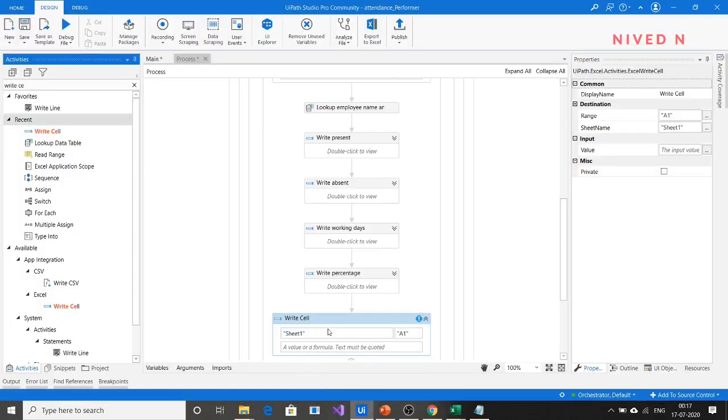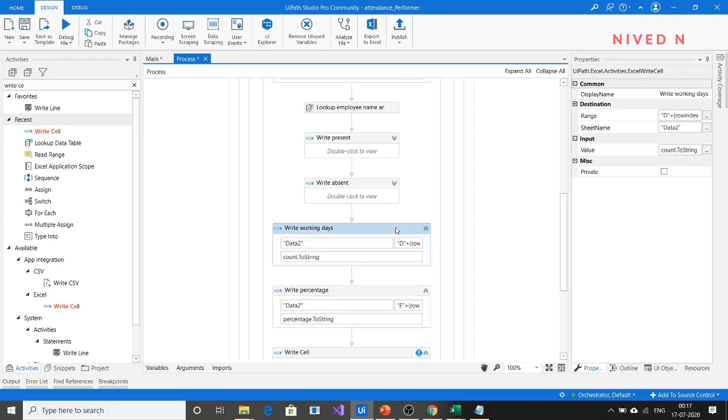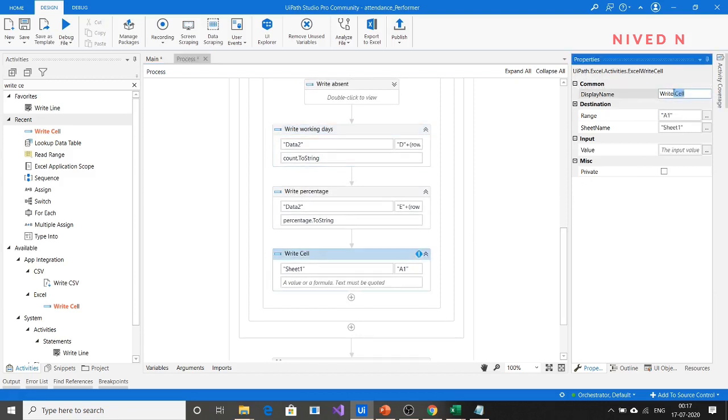So null value column, let's say, G column. You haven't specified the sheet name, so specify the sheet name here also as data 2. Okay, yeah, it's correct. Now in write cell, specify total null values.